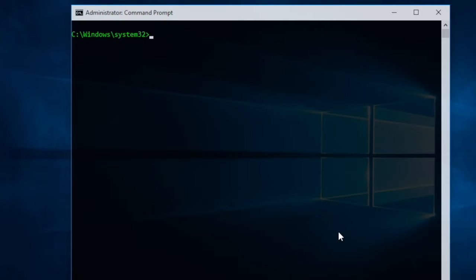Let's take a look at a syntax or two for the Windows command line. I'll start by looking around to see what is in the present directory. So I am in the C drive Windows System 32 directory. Now in order to do that, I can just type in directory, dir,